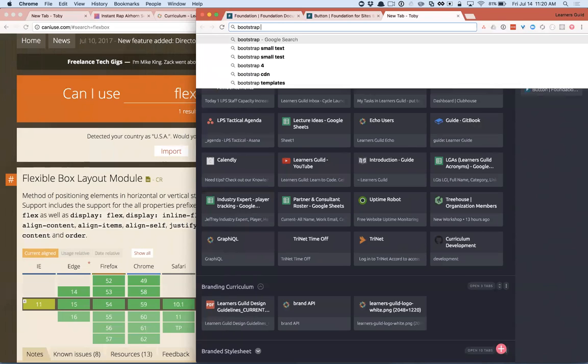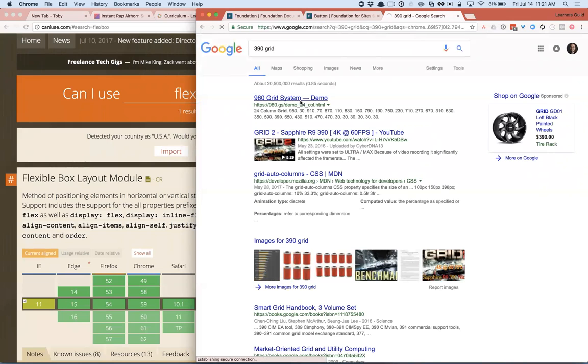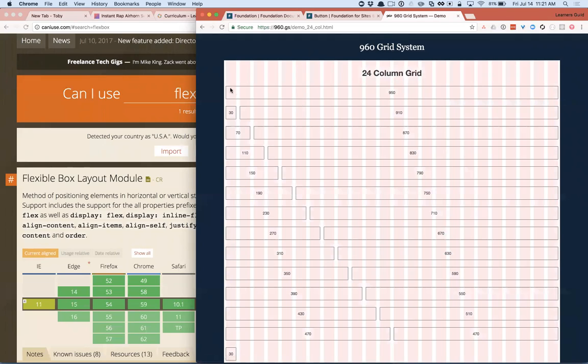There's a bunch of other grids. You can even implement a grid using Flexbox, right? So there's a bunch of stuff out there that you can read about on how to implement different grids. There's a lot of grids that are designed on using a specific fixed set of columns. There's probably a 390 grid or something like that. What is that thing? I think that's it, a 960 grid. This is a standard grid that I've used before where it's not based on percentage like Bootstrap is. It's based on how many columns, right?